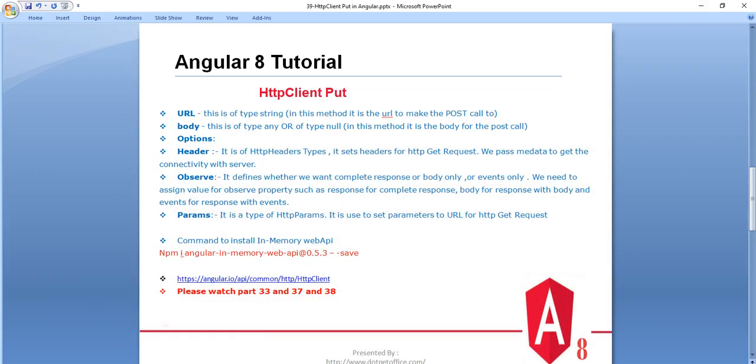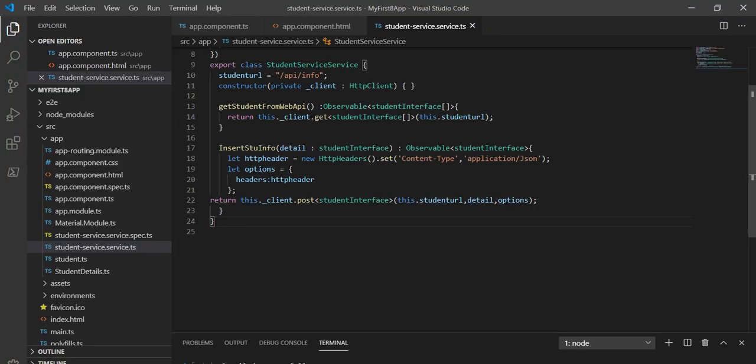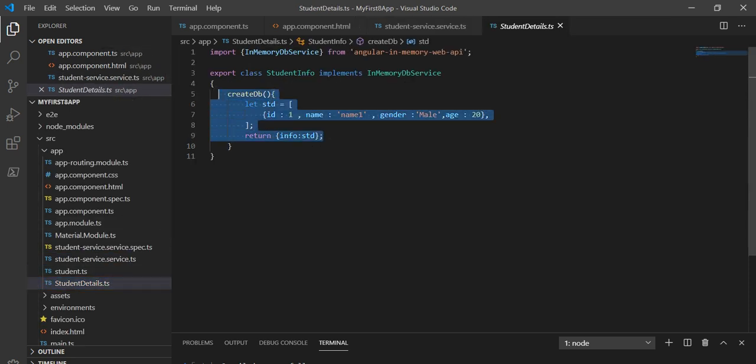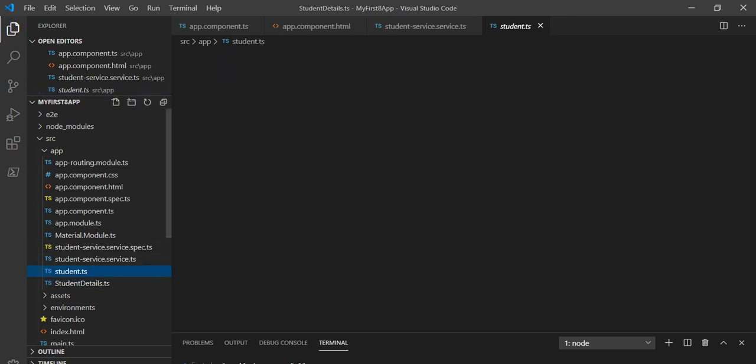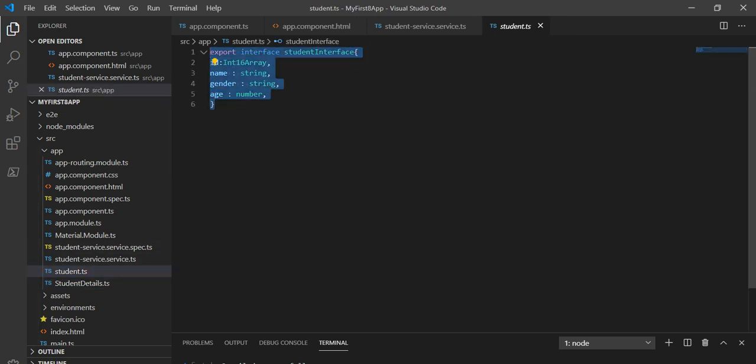Now let's create this HTTP client put using Visual Studio Code. Let's go to Visual Studio Code, and we are going to continue with the HTTP client post example which we created in the previous tutorial. There we created this record. Basically it's a kind of database we declared here, which contains ID, name, mail and age as well. Apart from this we have this interface which contains the properties of the students.